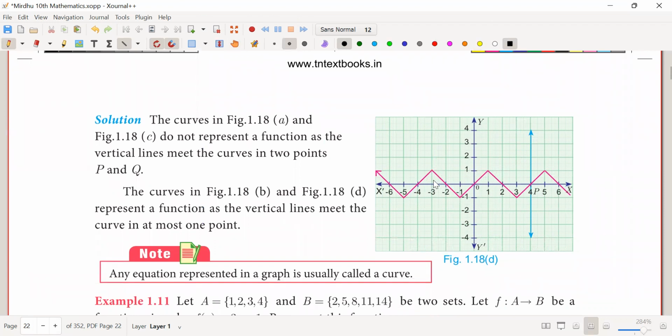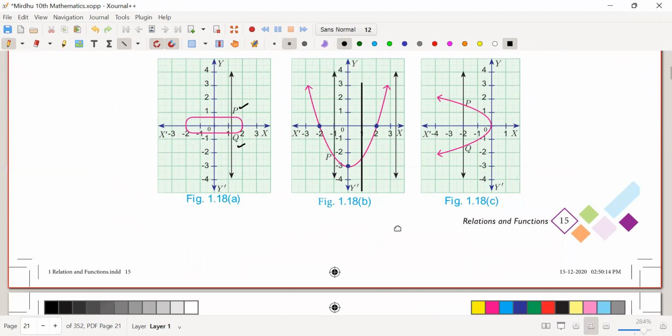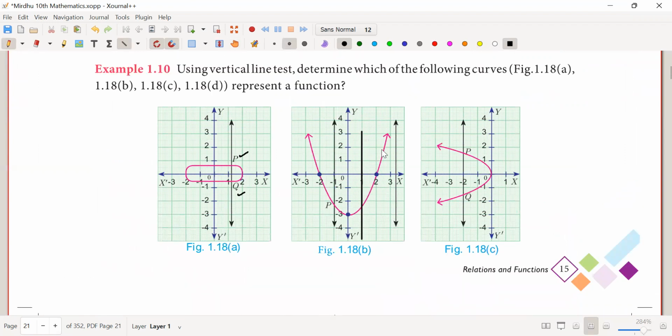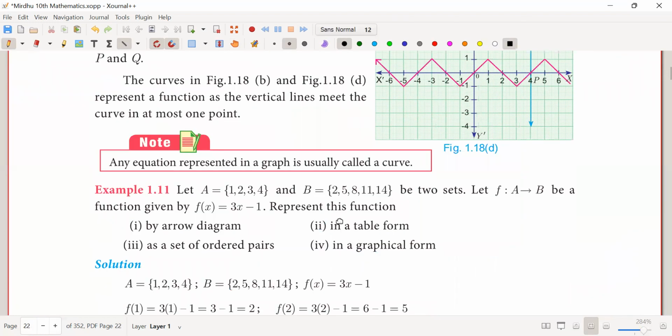That is the basic. While doing the vertical line test, when the vertical line cuts the curve in only one place alone, then it is a function. If it's cutting in 2 or more places, it means that it is having more than one image. So that is not a function. That is the rule for the vertical line. Then,